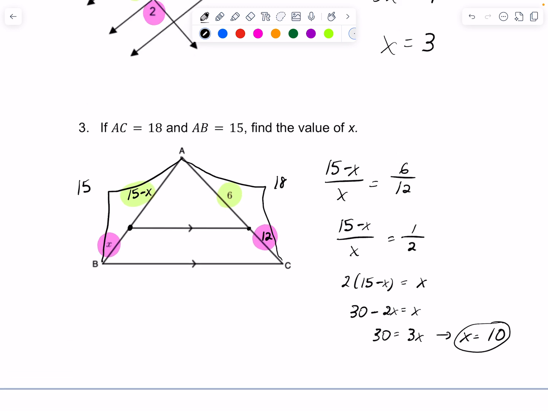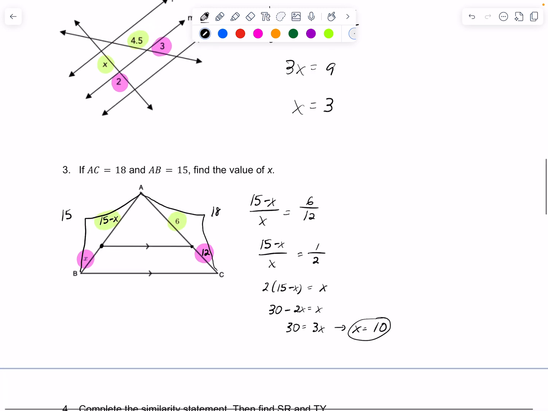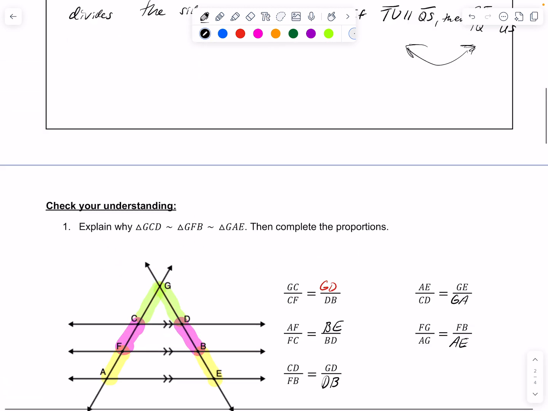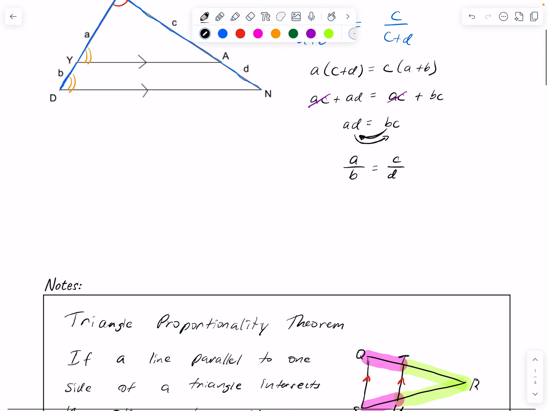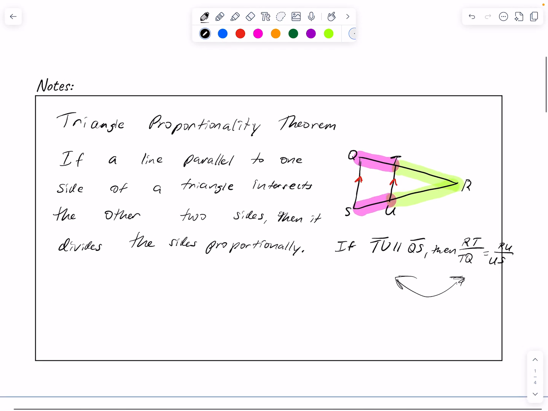Okay, now there's a bunch more questions for you to try, but all variations on this triangle proportionality theorem. All right, don't forget the converse does exist. I didn't write it in the notes, but check the key. I'll put it in there for you